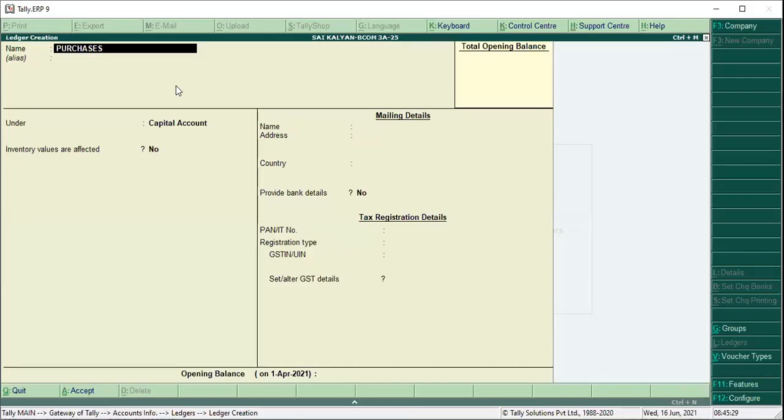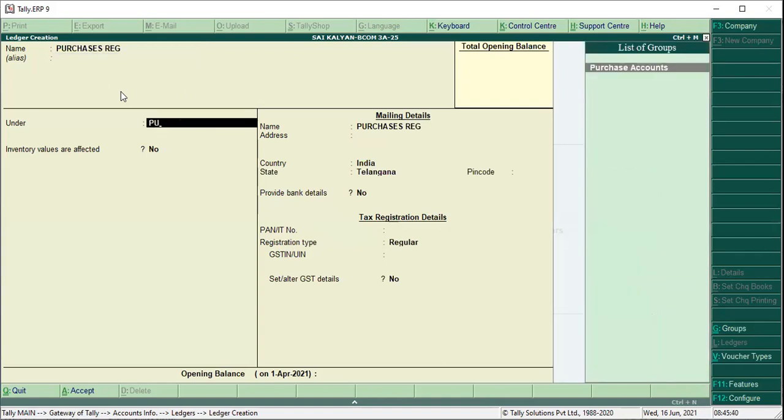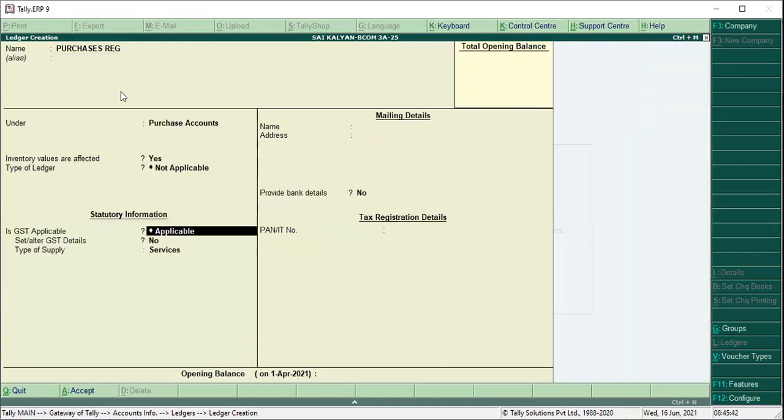Purchases, say registered purchases. Then under Purchase Accounts, GST applicable. Here you should not enter the GST rate.